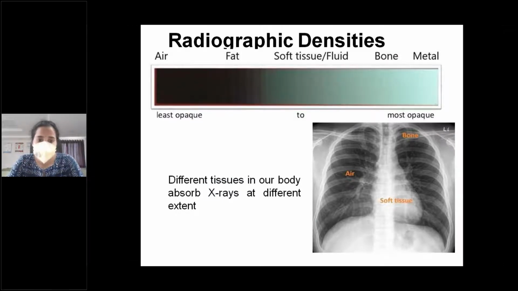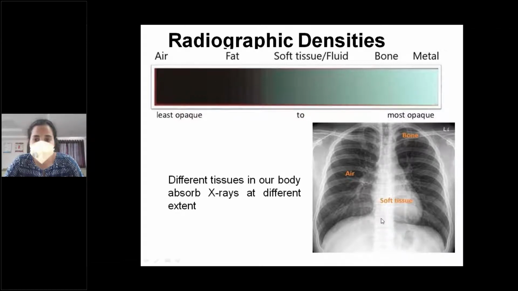Now, even before we jump into what is actually a chest radiograph, what are the different radiographic densities within a chest radiograph? We'll have to know that first. See what actually happens while taking a radiograph: you expose the body to radiographic rays. When that happens, different soft tissues or body parts obstruct in a different way. Like if you take, for example, the bone, it tends to obstruct almost all the rays that are coming in its way. So it is white or opaque on a radiograph.